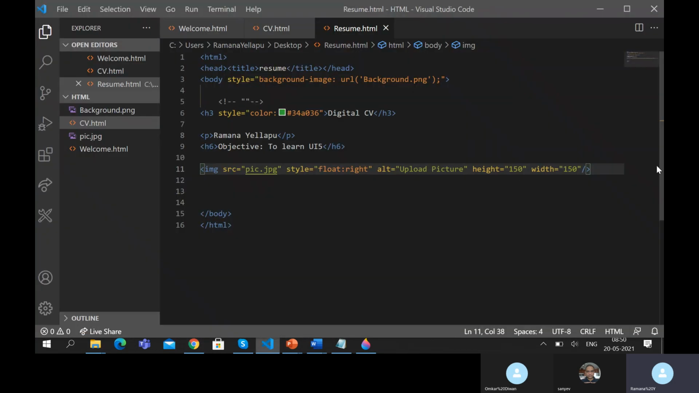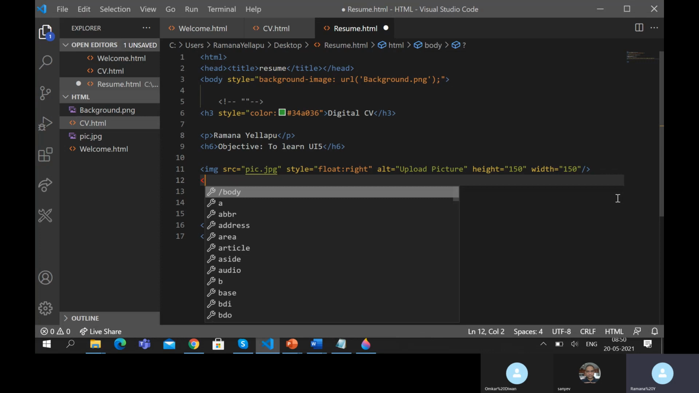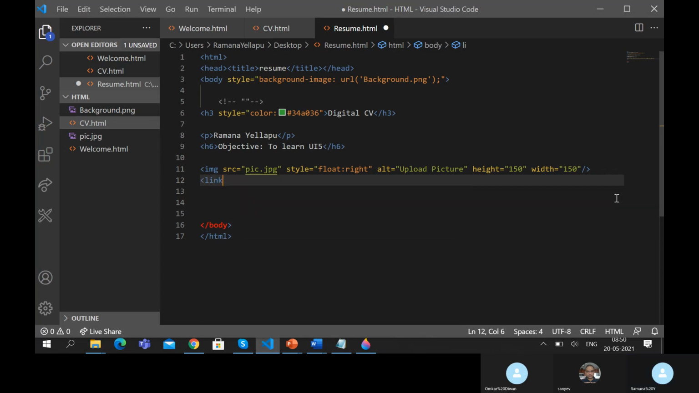And one more tag which we popularly use is href, the link tag. What the link tag, or href, basically does is create hyperlinks. So if I have to use any hyperlink,